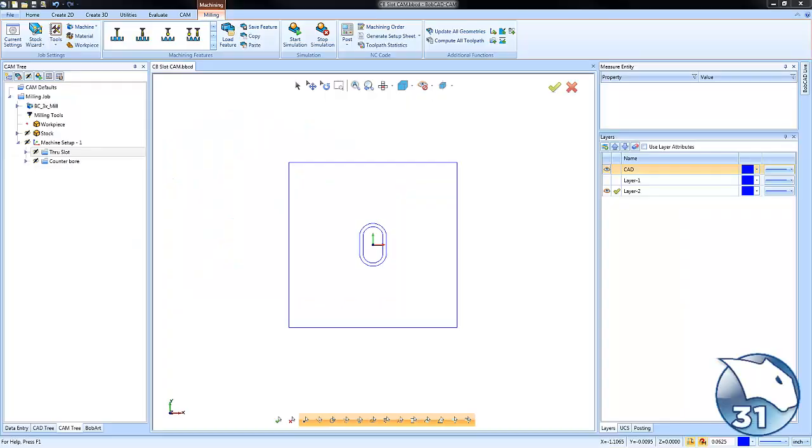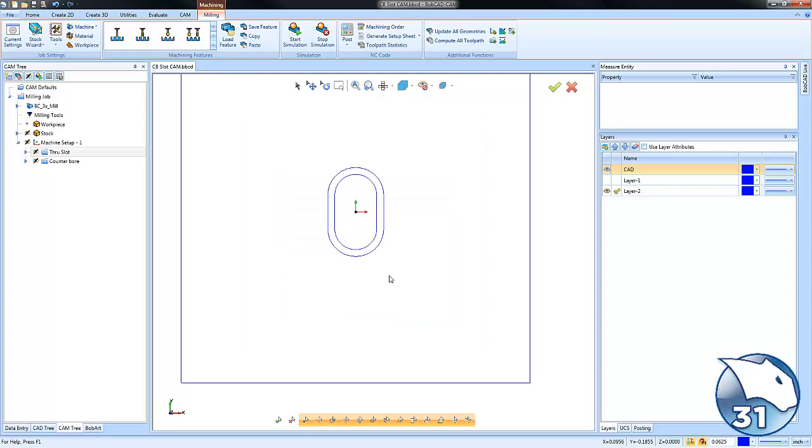Hey everybody, so in today's quick tip, we're going to take a look at machining our counterbore slot here, some of the different toolpaths that you can use. This is a relatively small part and there's some restrictions. So let's go ahead and dive right in and take a look at what toolpaths we can use to accomplish